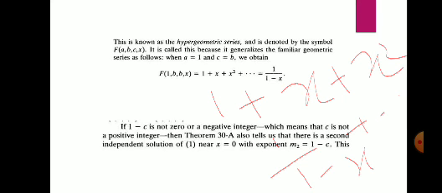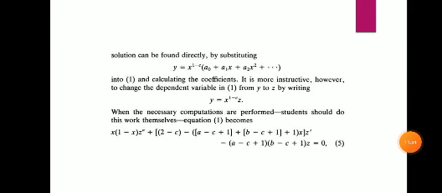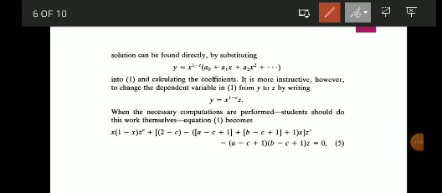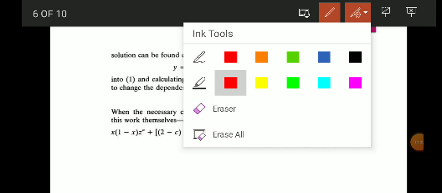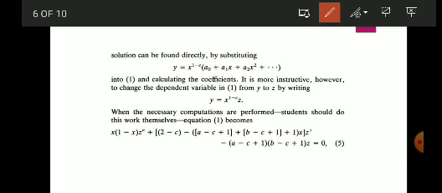Okay, we find the next solution. The second term is m2 equal to 1 minus c. First term m1 equal to 0, second term m2 equal to 1 minus c, then y equal to x raised to 1 minus c, a naught plus a1 x plus a2 x square plus etc. Then we put this term a naught plus a1 x plus a2 x square equal to z, then y equal to x raised to 1 minus c z.